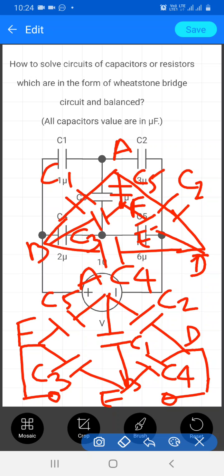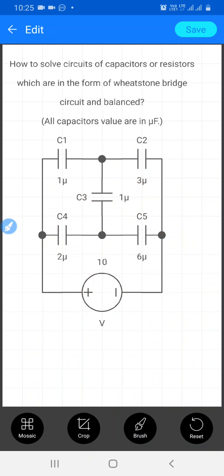So there are three forms of Wheatstone bridge. One is here triangular form, another is rectangular form, and third one is lattice form. So all three forms can be redrawn in the form of parallelogram here, as I draw here in this below circuit.